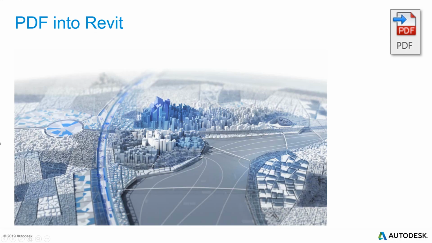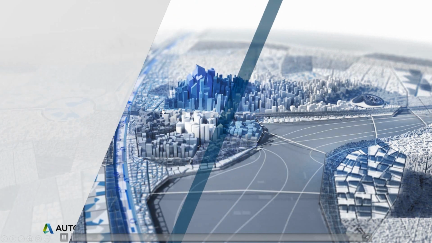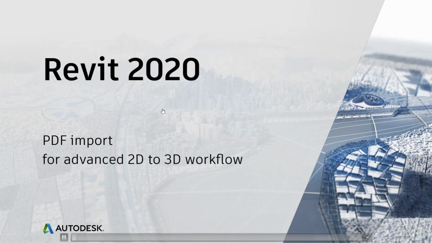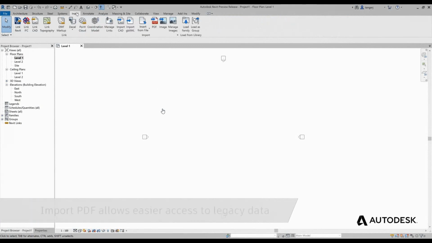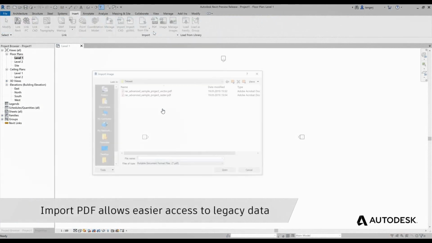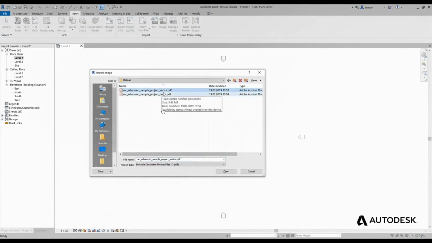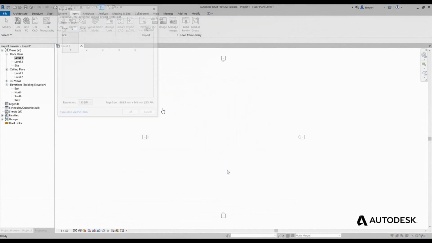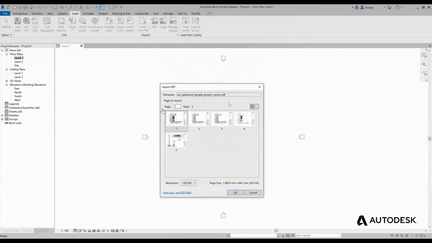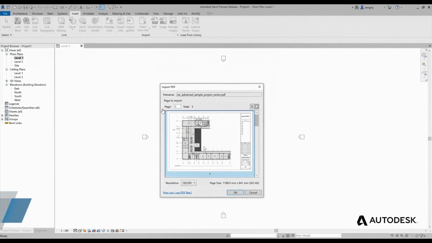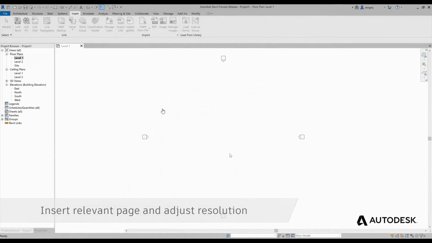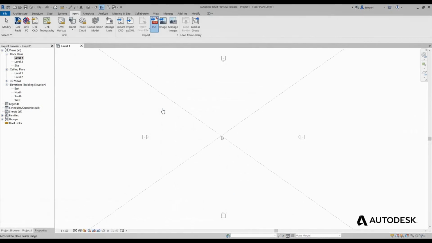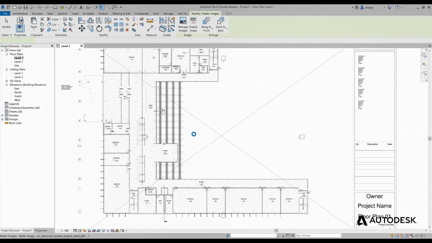Okay, so the good thing is that in the 2020 version of Revit, again, we have some nice enhancements, which allow you to import PDF. Finally, we have PDF in Revit as well. What is also important is that this PDF is not just a plain drawing. There's some intelligence behind it. So if you place it